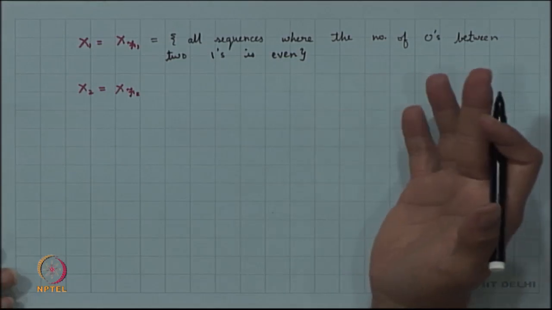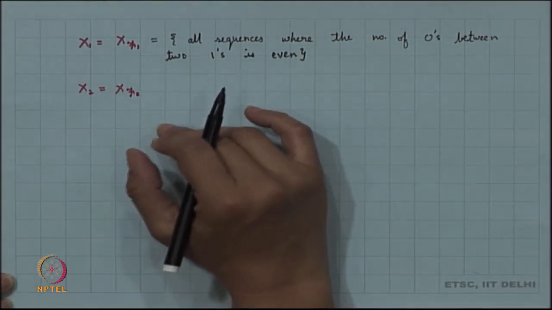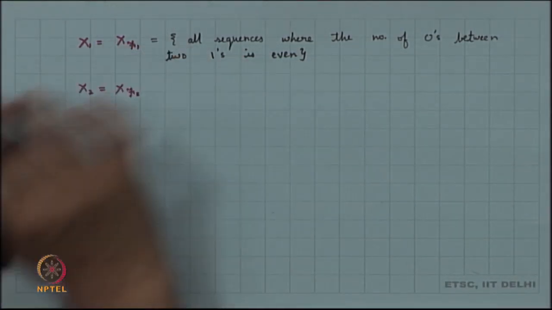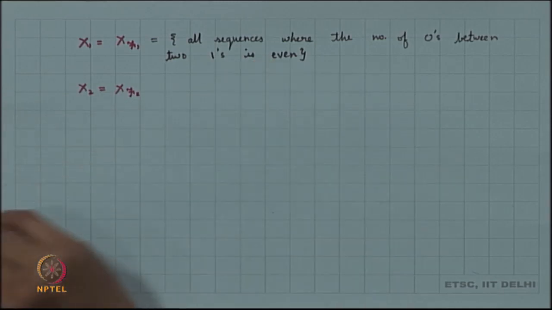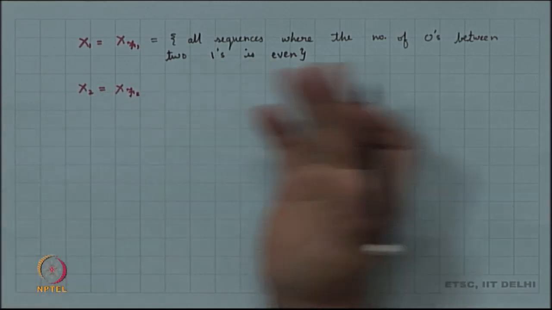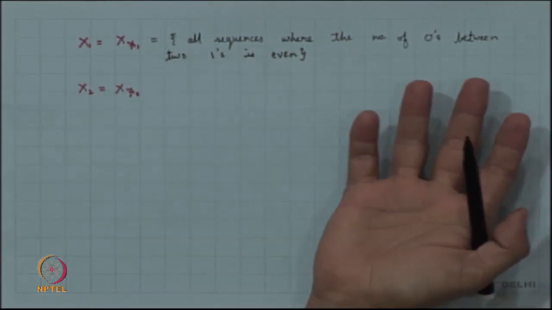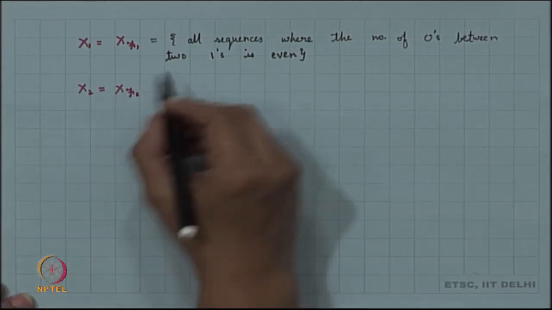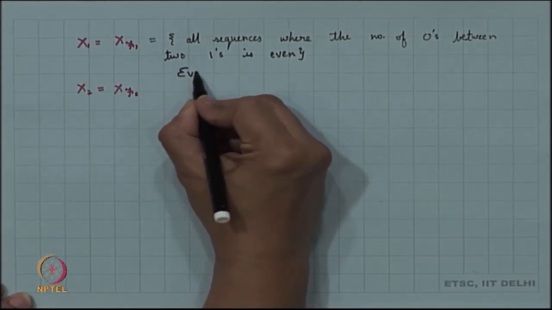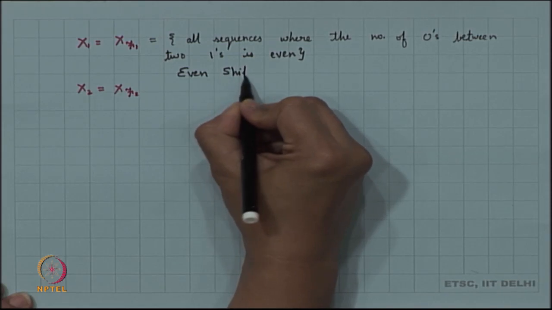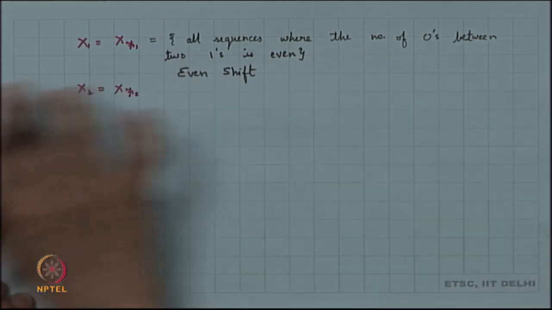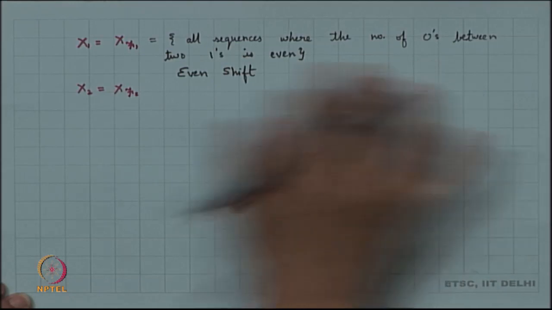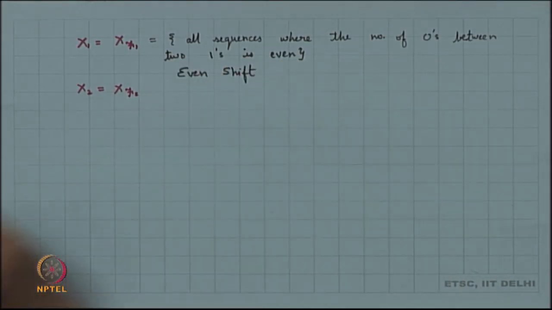So we can know the shift space also. Now, is it a shift space? For it to be a shift space, it should be invariant under the shift map, but the shift map is not going to change this characteristic. So this happens to be a subshift. This is a proper subshift here, and we call this shift the even shift, and the word even comes up because of the zeros being even in between two ones.